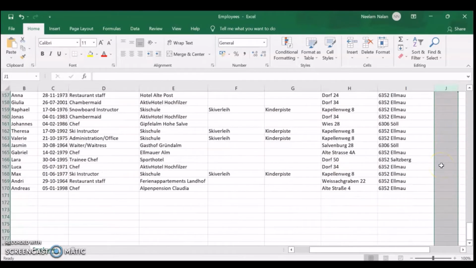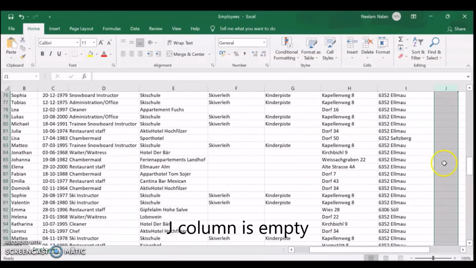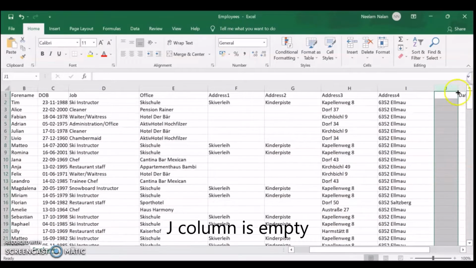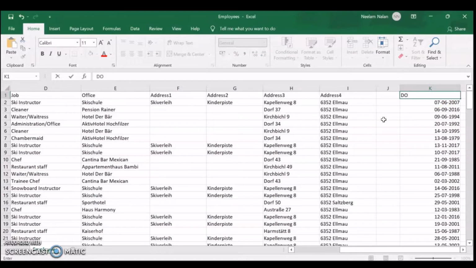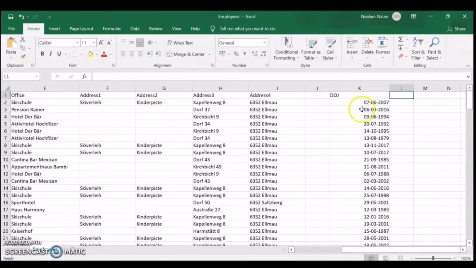J column, we can see the J column is empty, so we can simply delete it. We'll do it later. Date employment started, we can name it as DOJ or DOE, date of employment.